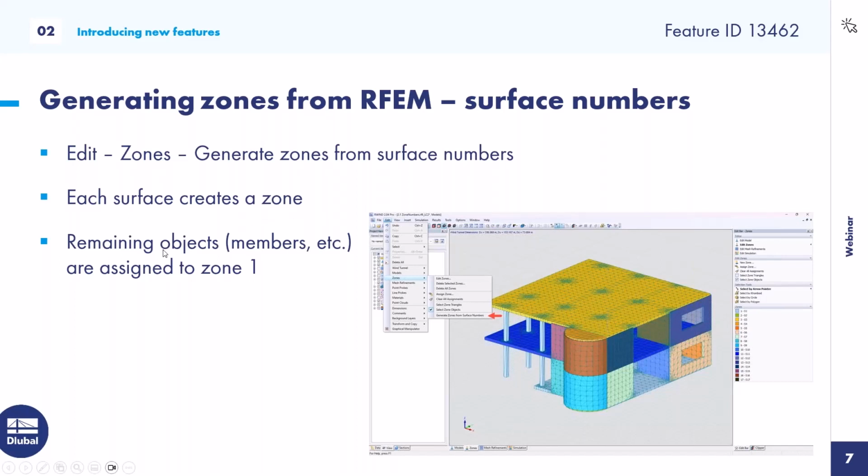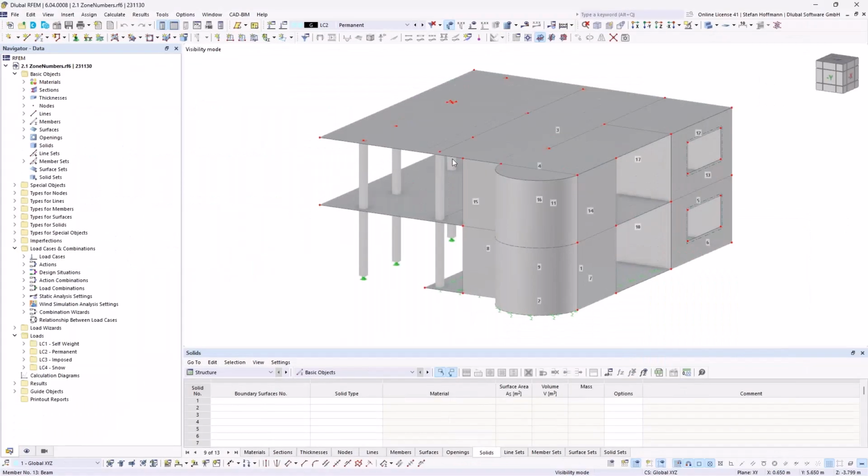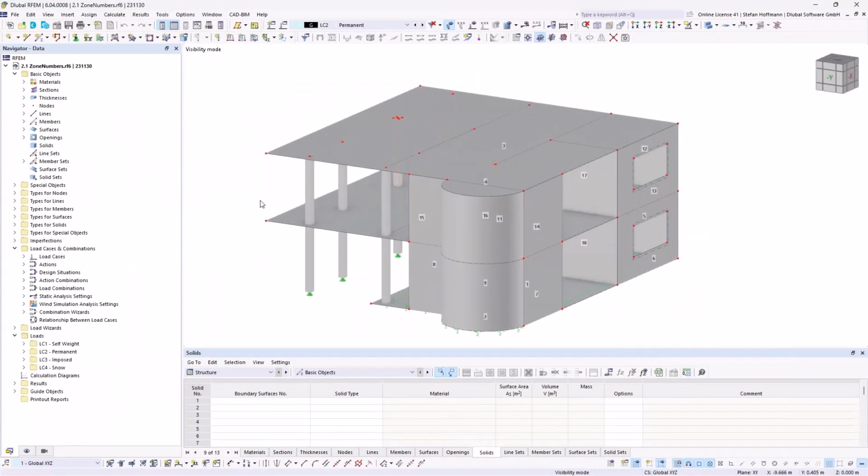And remaining objects, so you may of course also hand over members, they will also have triangles. They will be assigned to zone 1. So of course that's a bit of a complication that they are assigned to zone 1. But if we now step into my example file, which is also installed, it's the concrete building where I switched